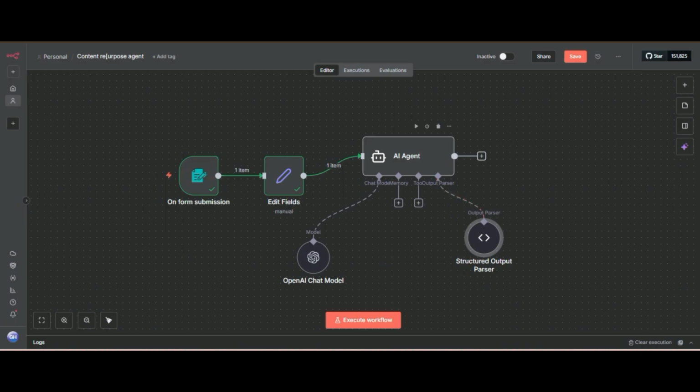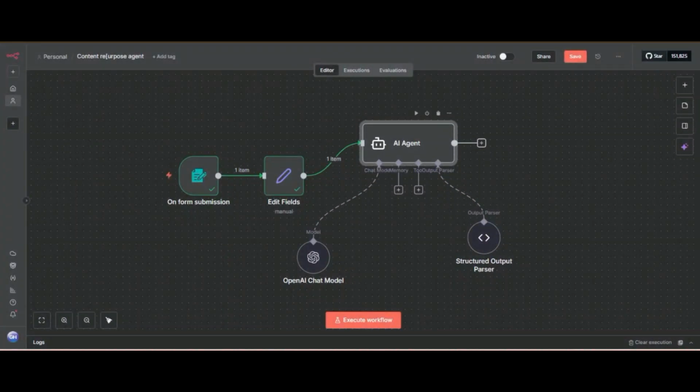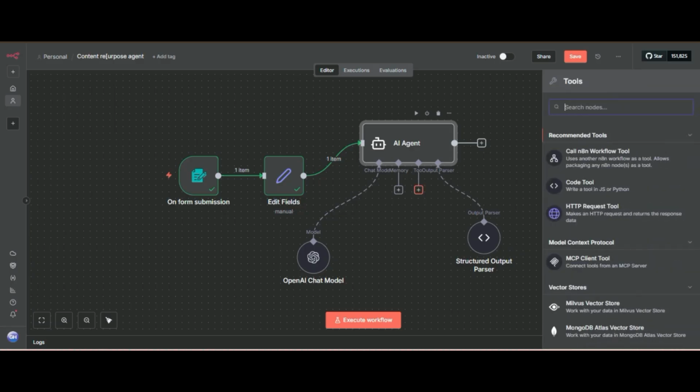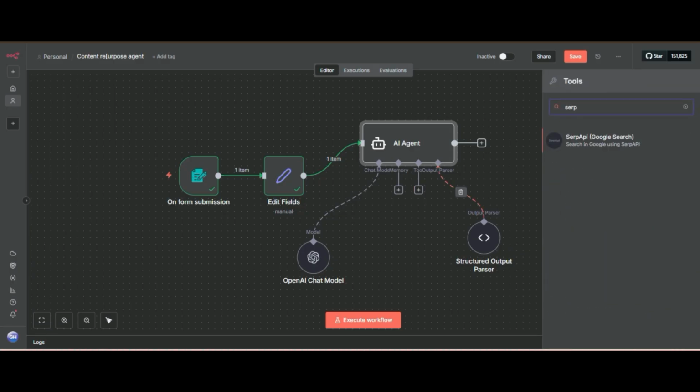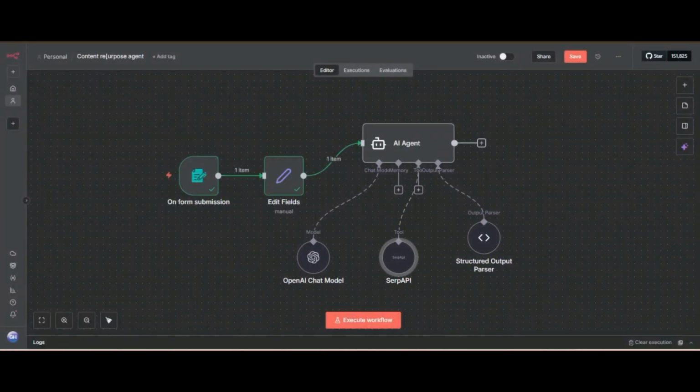I will also show you one more example of using the edit field. But here I have added my system prompt, but I have to give the SERP API because we want to retrieve current data on the text.